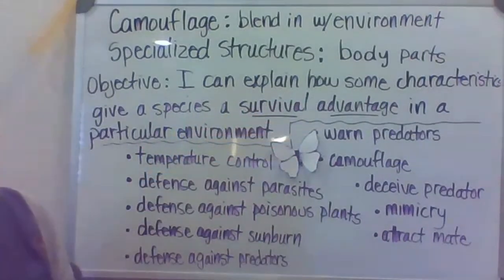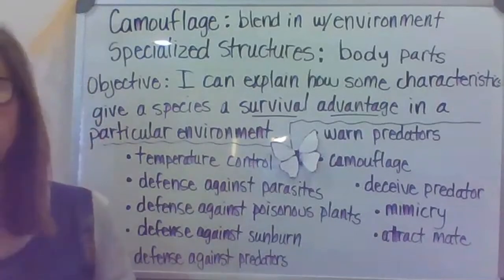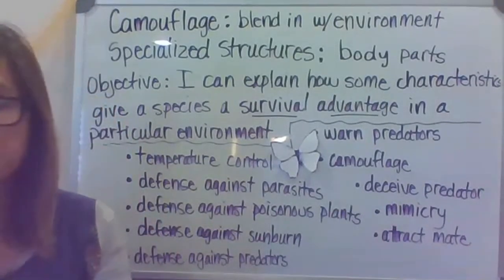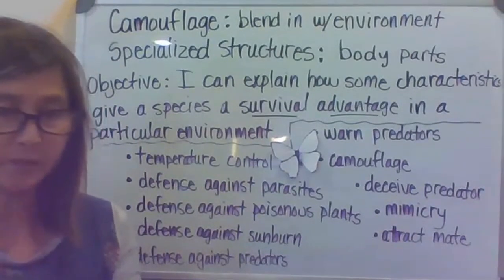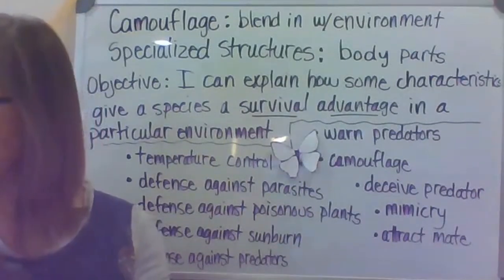All right? Okay, so I hope that helps you guys to understand a little bit about camouflage and how species have specialized structures that allow them to have survival advantages to help keep them alive so that they can keep reproducing and their species will continue to thrive out in nature. Okay, so for today's assignment,